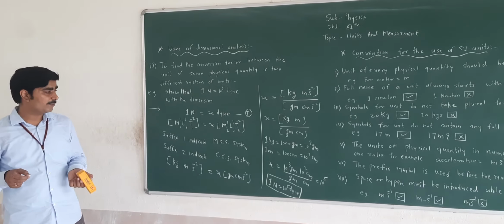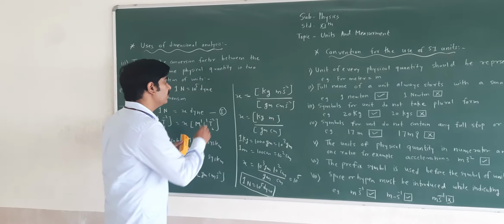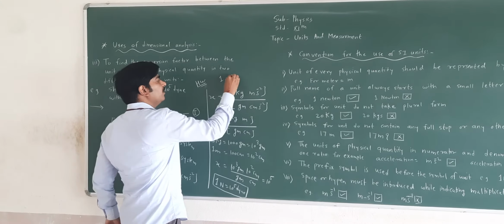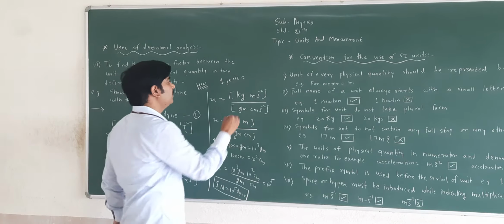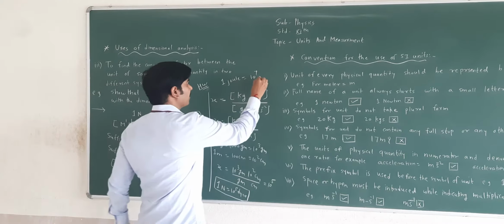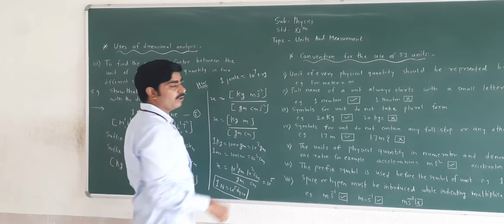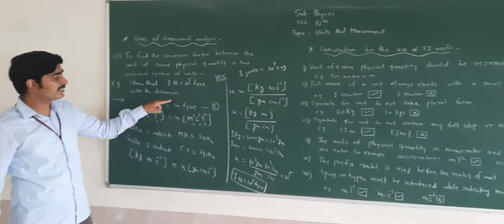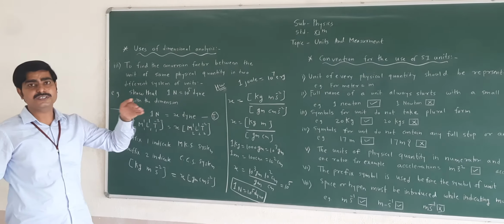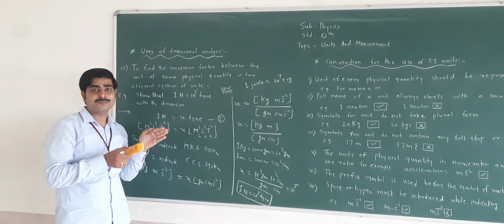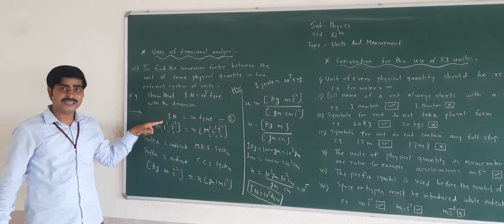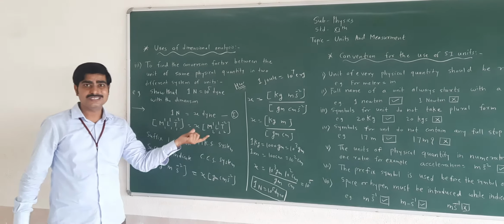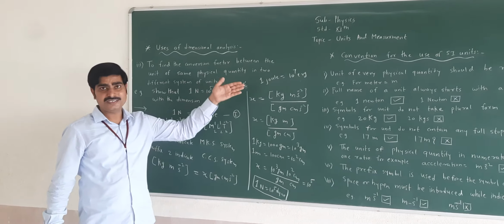Friends, a similar type of question I am giving you for homework, so you can try it. At homework, you should prove that 1 joule is equal to 10 raised to 7 erg. This is the question for homework. So you have to begin the same way: 1 joule is equal to x erg. Then you should write what joule is. Joule is related to work. So what are the dimensions of work? 1 in mass, 2 in length and minus 2 in time, equal to x, 1 in mass, 2 in length and minus 2 in time. So use this dimension and finally you can get this answer.